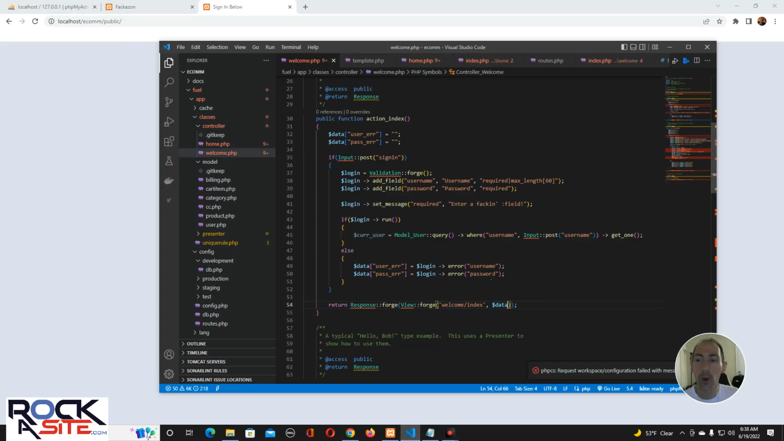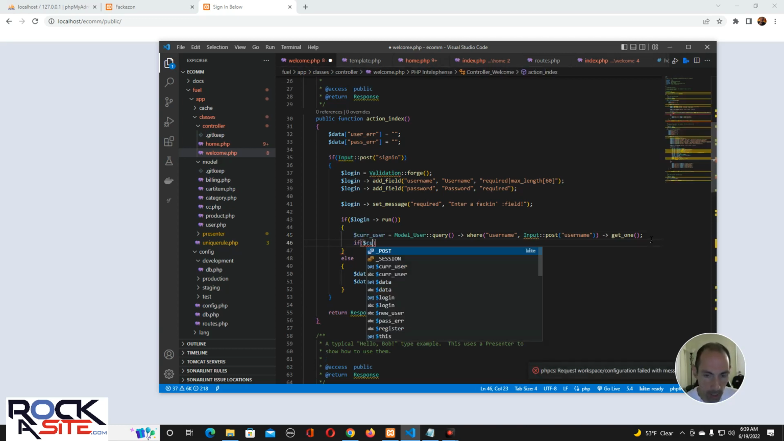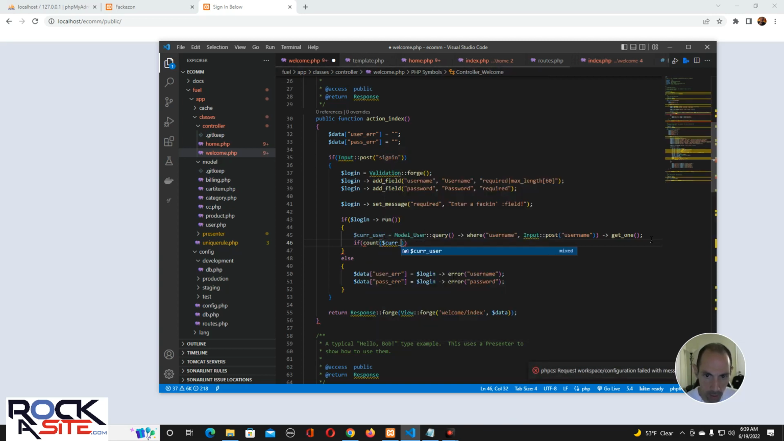So, okay, we already know that it works when we have nothing in there, but now we need to find out if it works when we have information in there. So like what I was doing before, query user, we get the class model user query, put the query together. Now, if, no, I could go, if count cur user is less than 1,